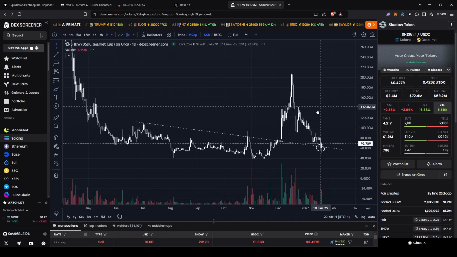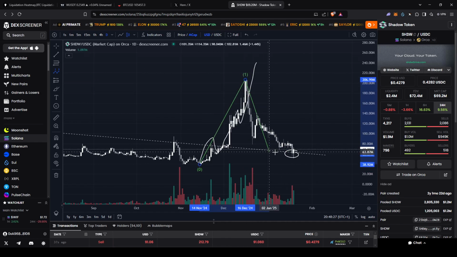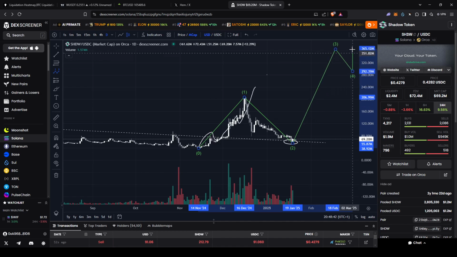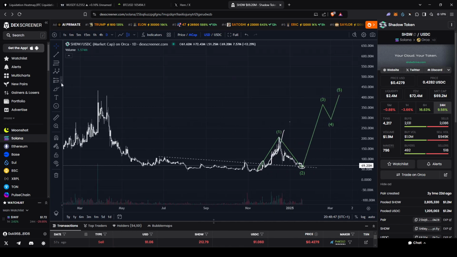You can see that we did retest it right now. And I was looking at this as your 5 waves, 1, 2, 3, 4, 5. So basically this as your wave 1 is what I was initially looking at. I was looking at this as a correction wave. I did think we were done back here, but apparently we did want to go slightly lower, so we did wick lower. Structure, as long as these lows back here hold, you're still looking for that impulsive move towards the upside for higher targets. We do have these previous highs back at